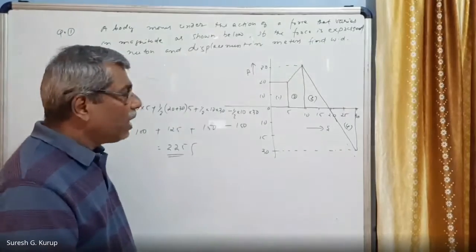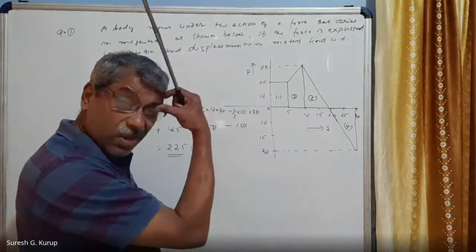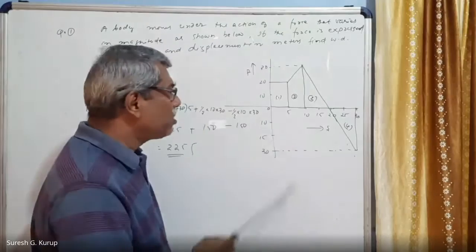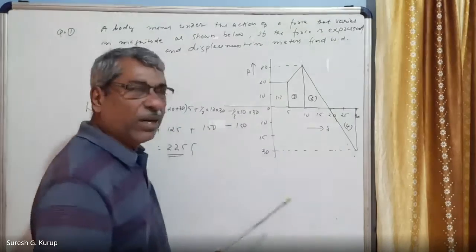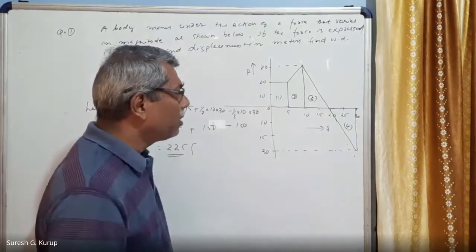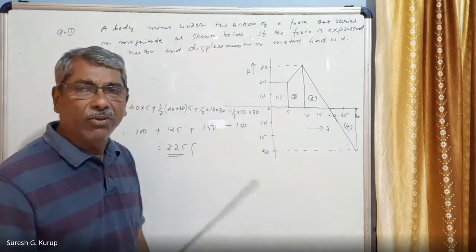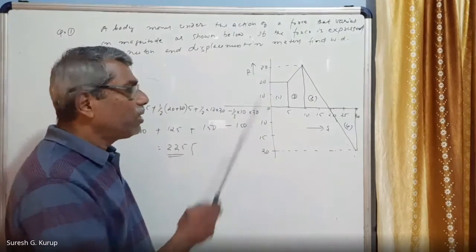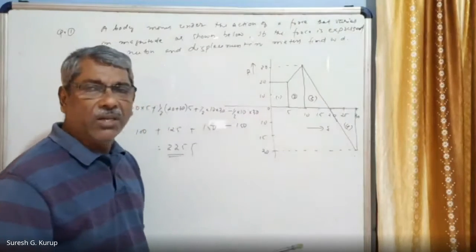So this graph, when categorized, this part of the graph is a rectangle. This is a trapezium. This is a triangle. This is also a triangle. So that is actually shaped into different figures. The first figure is a rectangle. Next one is a trapezium. Third one is a triangle, etc.